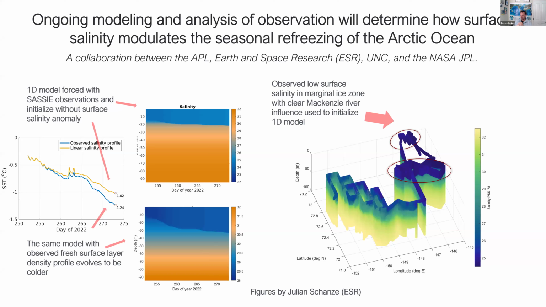In addition to looking at the data directly, we're also using our observations of the near surface stratification, particularly salinity, to force 1D models to try to understand the 1D effects of this. This is work being led by Julian Schuntz at Earth and Space Research. And so here in the example are just 2 different 1D models. I think this is the Gaube model, forced with, at the top, a profile from the open water profile. So that would be over here where we see lower density stratification in these boxes, compared to a profile that was up in the marginal ice zone where we saw very strong density stratification.